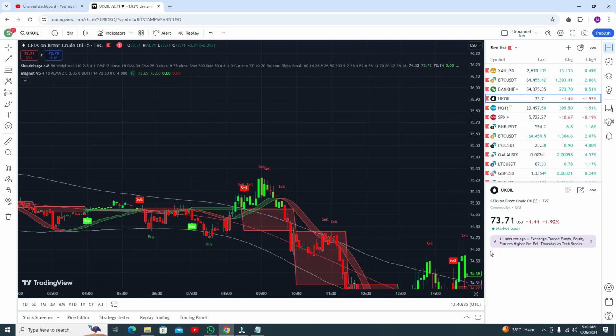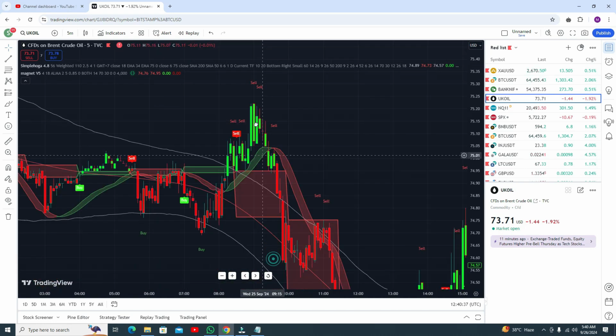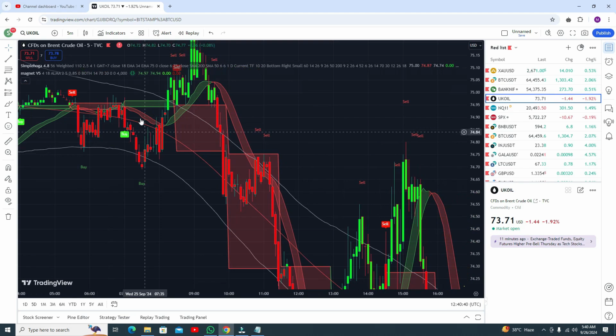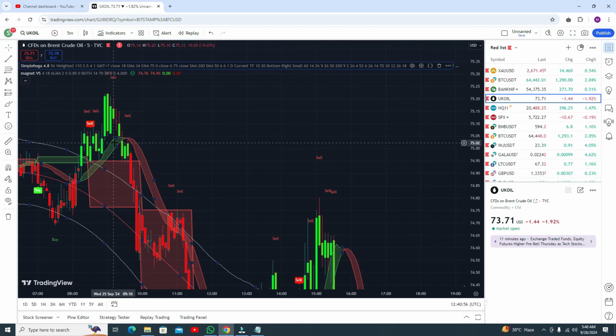Okay, now this one, if you want, you can go for the buy trade, but at this point you need to watch carefully. You can see this one is green, so you can go for the buy trade, but the RSI is not even very close to the lower band line. So if you want, you can go for the buy trade, but I recommend a confirmed signal, like when the RSI is upside from the upper band line, you are getting both sell signals. Then you need to go for the sell trade.